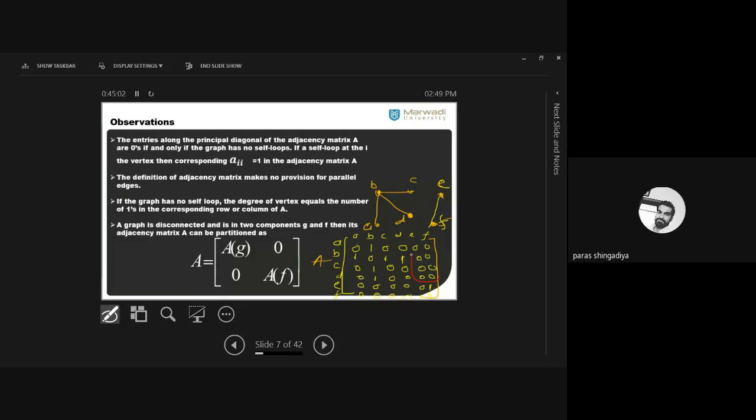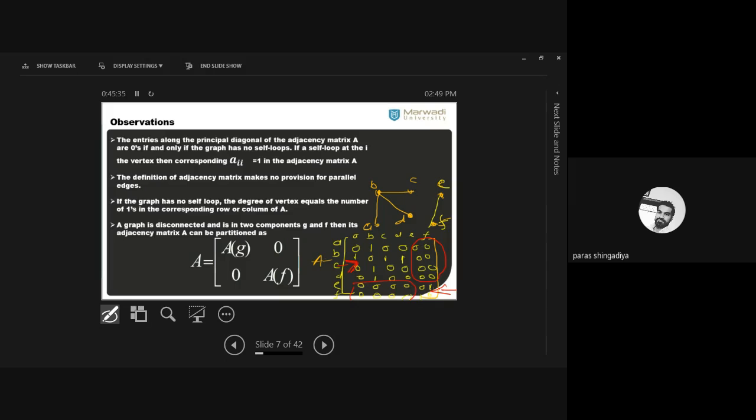So here all are 0, that is known as a 0 block. Okay? And that also indicates 0. So this part is our A of G. Clear? And this part indicates the A of F. Clear? This part indicates A of F. And this part indicates A of G. And here both are 0. Clear? So when we have a disconnected graph, you will face this type of situation, meaning you will get this type of matrix in that case. Clear?